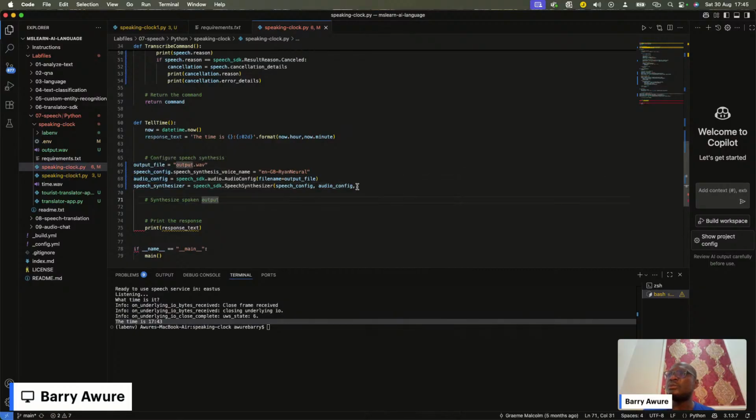All right. So now we have the code with which we can make our speaking clock speak. We have the output file. We're saying we want to output the file as a wave file, that's what this is all about. And then the language is natural English, that is what we expect it to speak.